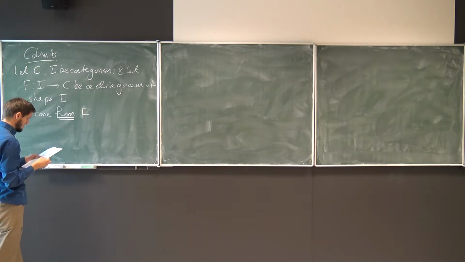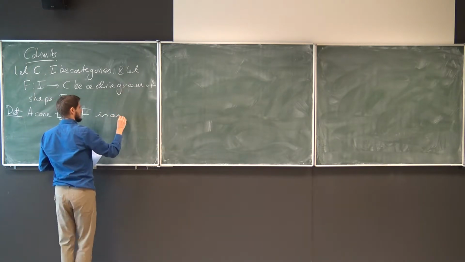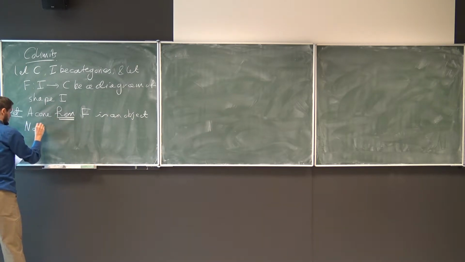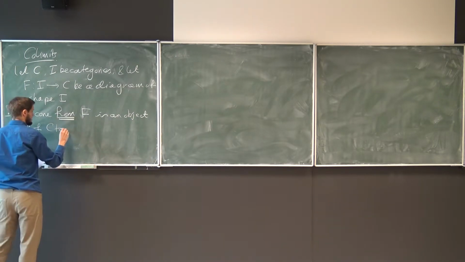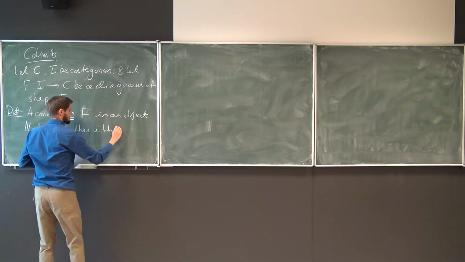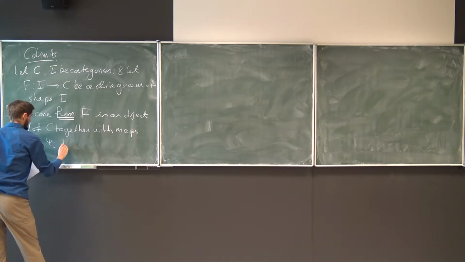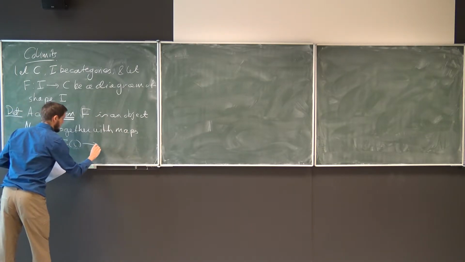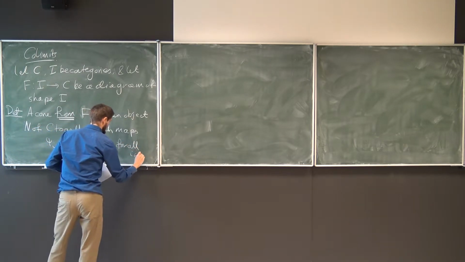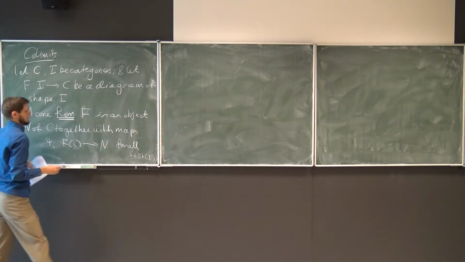It's going to be basically the same thing, but with the arrows going the other way. It is an object N of C together with maps, say ψ_i from F(i) to N, for all i in the objects of I, such that